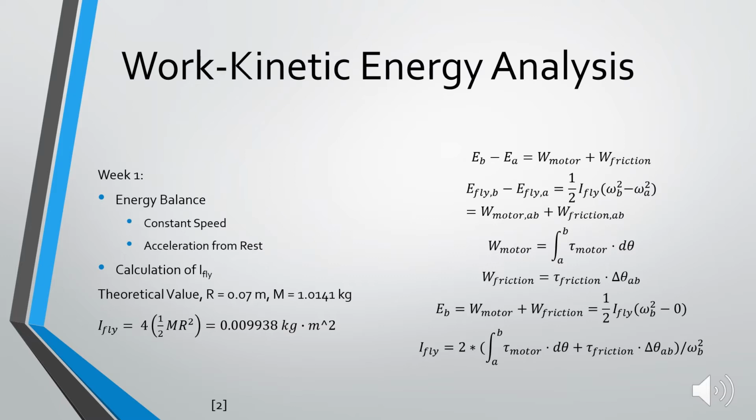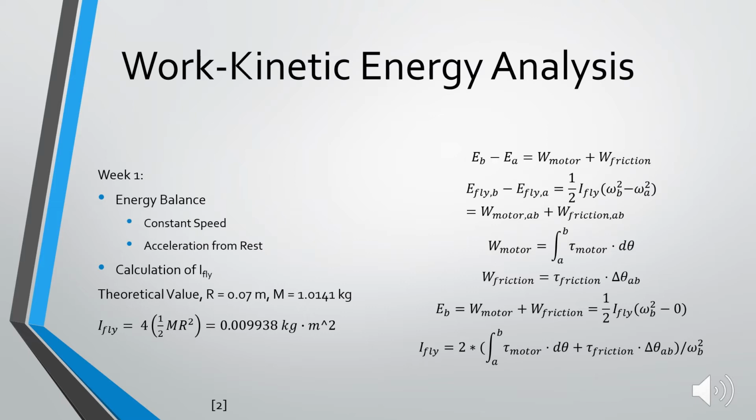So during week 1, we did an energy balance for the motor at constant speed and the motor accelerating from rest, and used that to calculate the moment of inertia for the flywheel. So with the head off of the cylinder, the only two works that are affecting the energy of the motor are the work done by the motor and the work done by friction. We can see here how we calculate that,